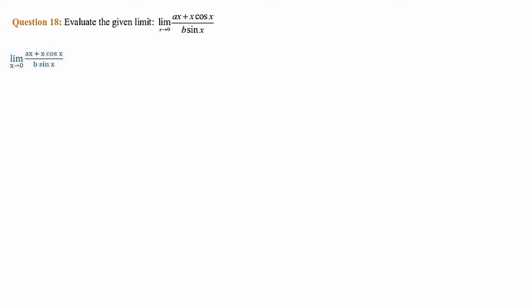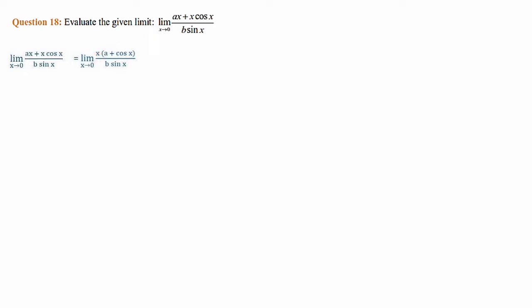First of all we will take that x common outside, that is limit x tends to 0. In these two terms there is an x common. If you take x outside, the balance will be a in the first term and cos x in the second term. So (a + cos x) divided by (b sin x). Now